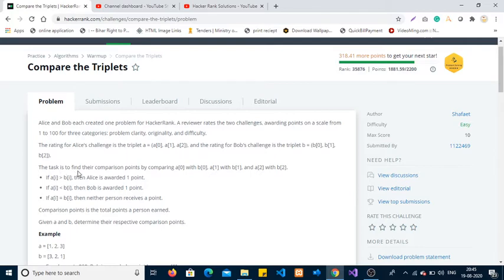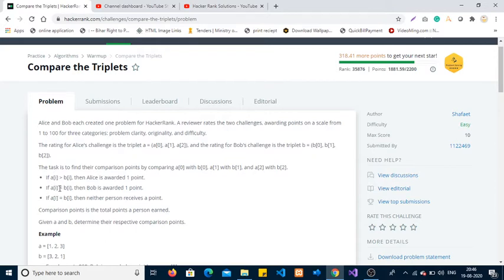The task is to find their comparison points by comparing A0 with B0, A1 with B1, and A2 with B2. If A of I is greater than B of I, then Alice is awarded 1 point.